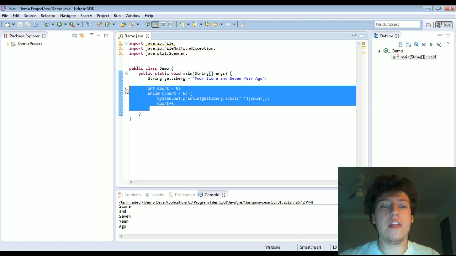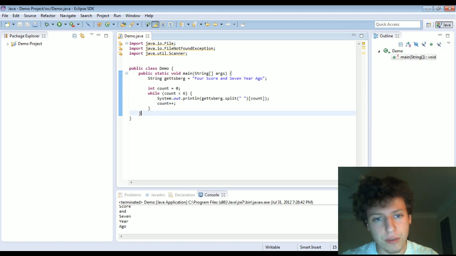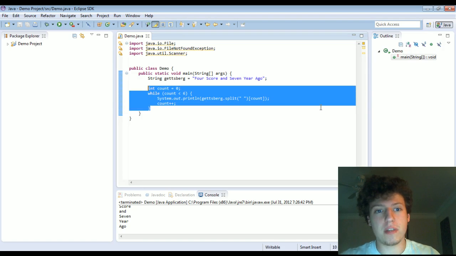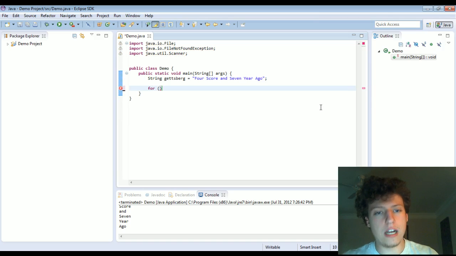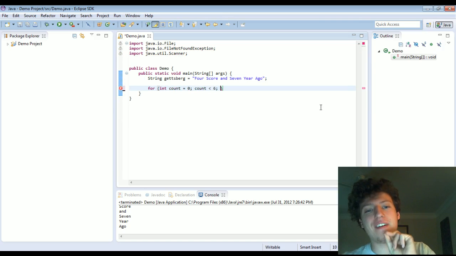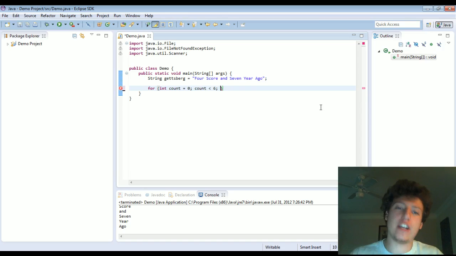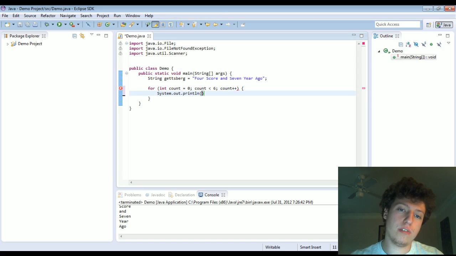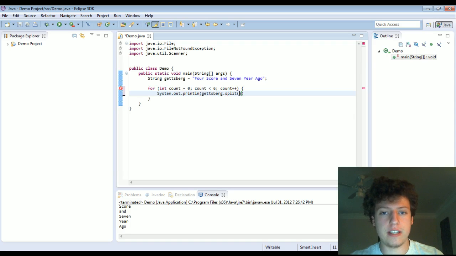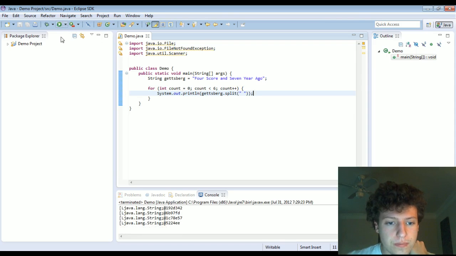Anyway, random divergence. This right here, this while and declaring 0 and count thing, we did it so many times that we decided to do something else called a for loop, which is for, you declare a variable, like count, and then you have a Boolean, count is less than 6, just like before, and then what you want to happen with the counting variable at the end of one iteration of the loop. In this case, count plus plus. And then we do system out println Gettysburg split space. Don't typo that, and you're good. But if you don't access the array,